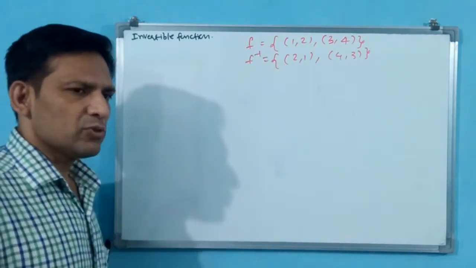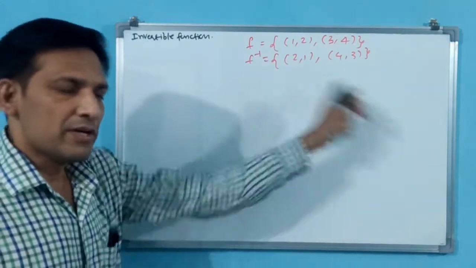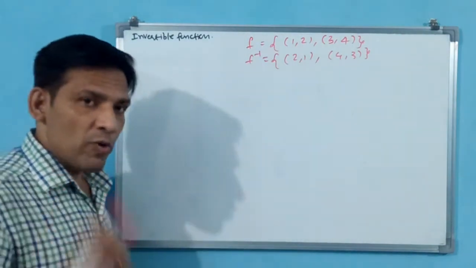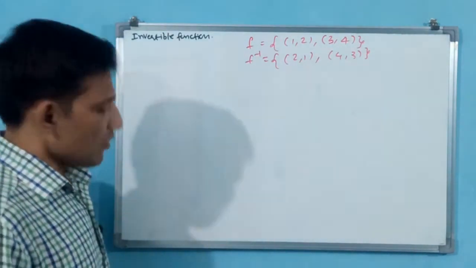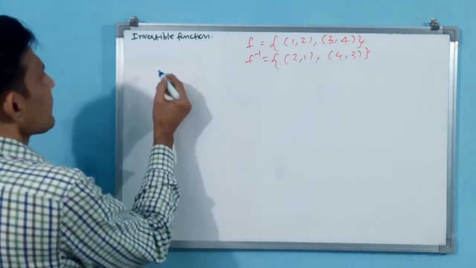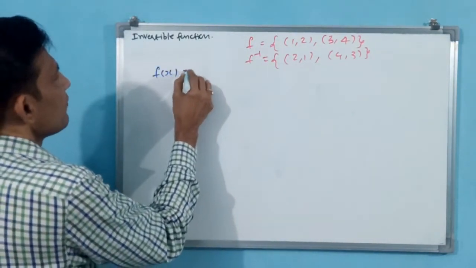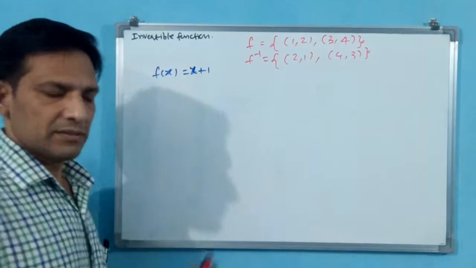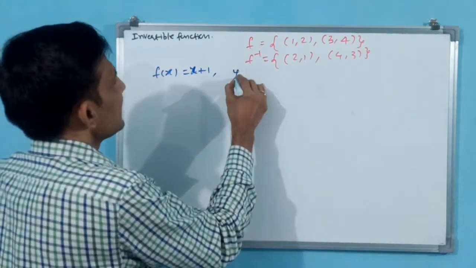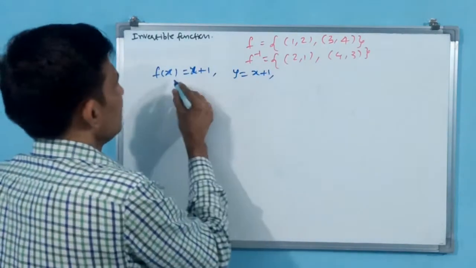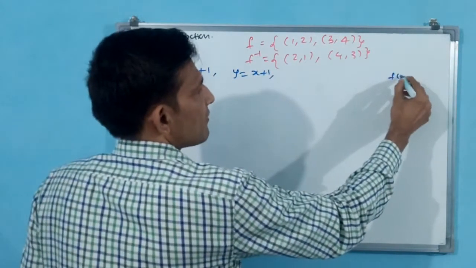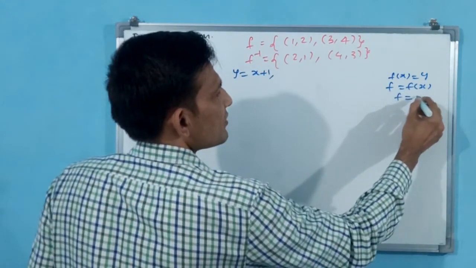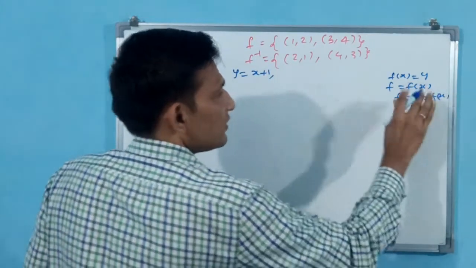Earlier with the equation also, before FOG and GOF came, we did the simple type. Same type only, a little bit extended portion we will do. But let us see how we did it earlier. Say f of x is equal to x plus 1. This was a simple equation. How were we doing this? We will take y is equal to x plus 1, because f of x is equal to y. You have to keep this in your mind.